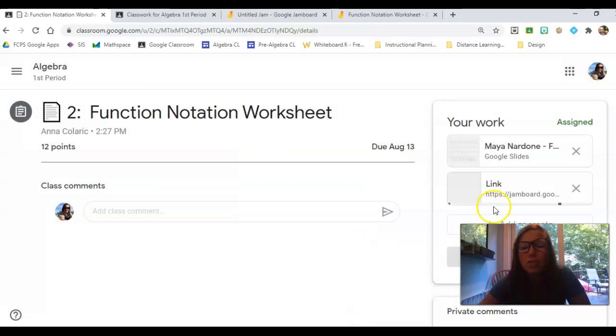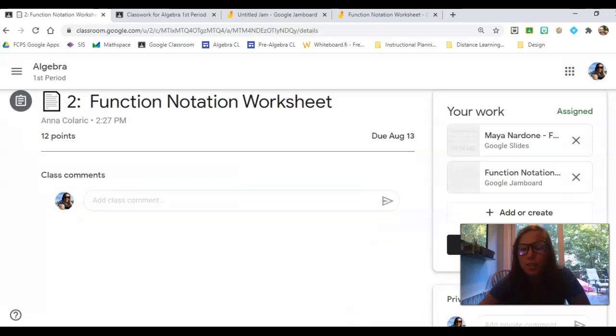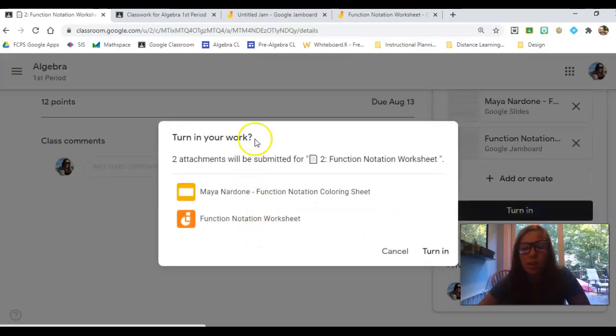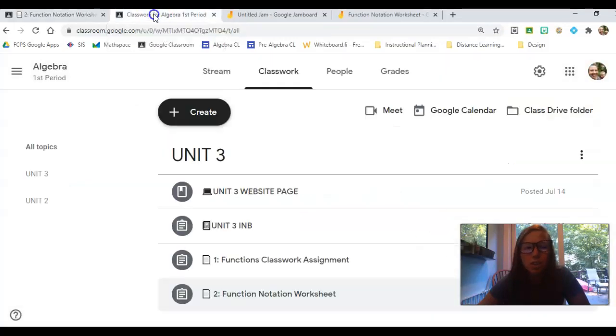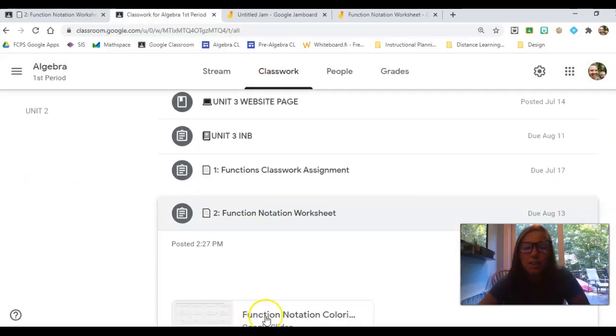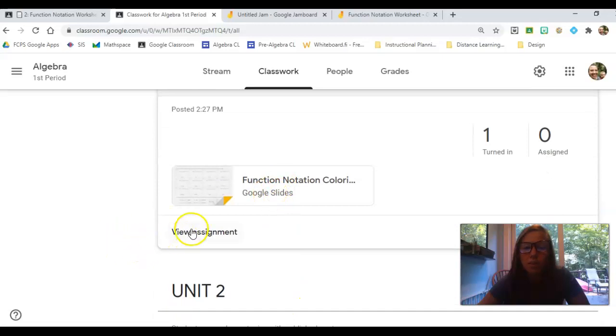And then I'll show you what that looks like. I'm going to have this one turn in. So I'm going to go ahead and turn this one in. And so when I went into the teacher account, the way that that looks, I'm back in the teacher account. I'm going to go down to the assignment, view assignment,